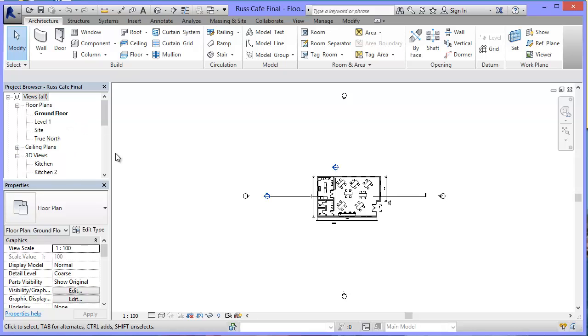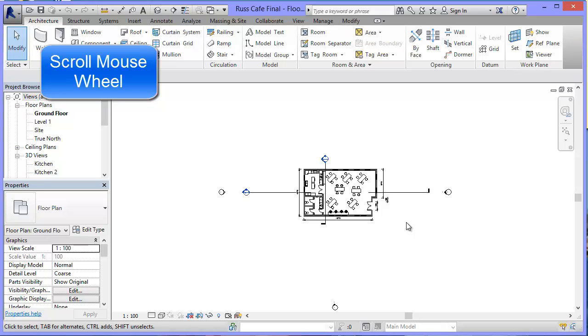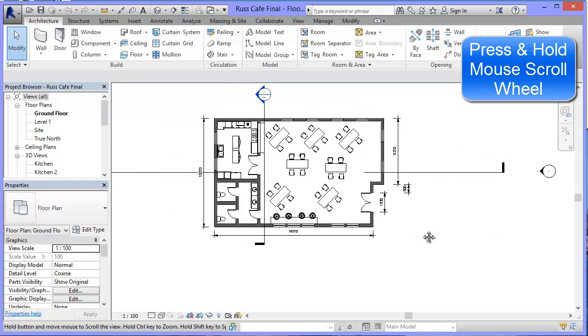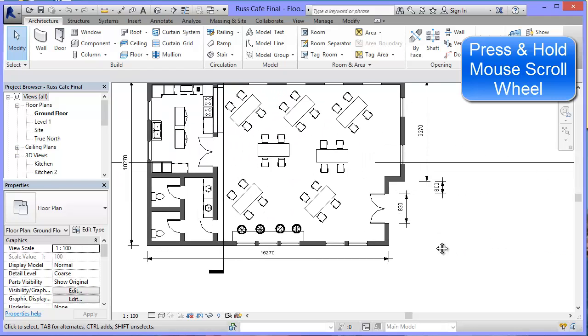On the left hand side, very much like Inventor, we've got a browser window. Now this basically allows me to look at different views of my work. So at the moment I'm on this one, which is highlighted in black, is the ground floor. So I'm looking from above at a kind of plan view of my drawing. Now if I roll my mouse button, you can see that that basically zooms in. If I hold down my mouse roll button and drag, then I can move around the screen with it, and